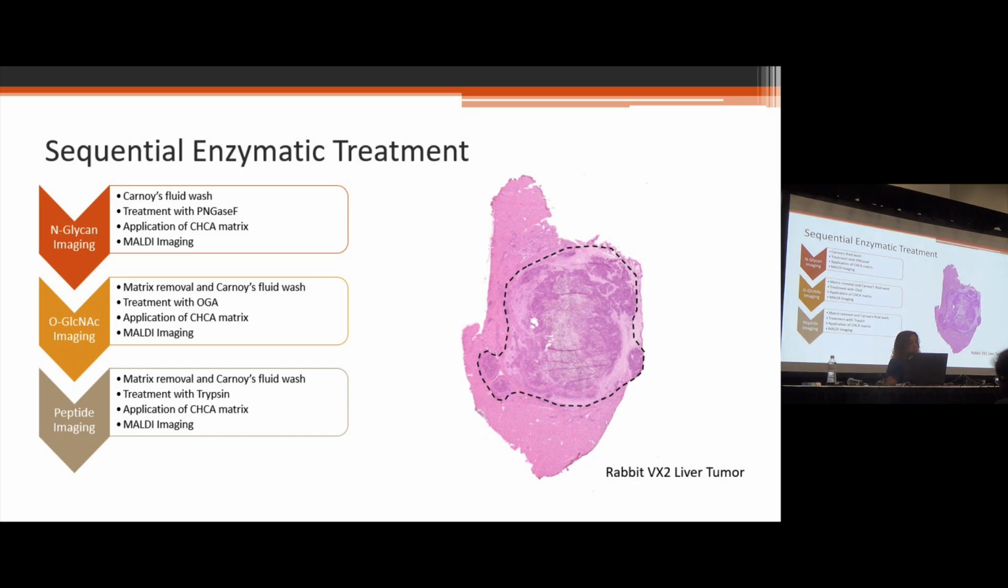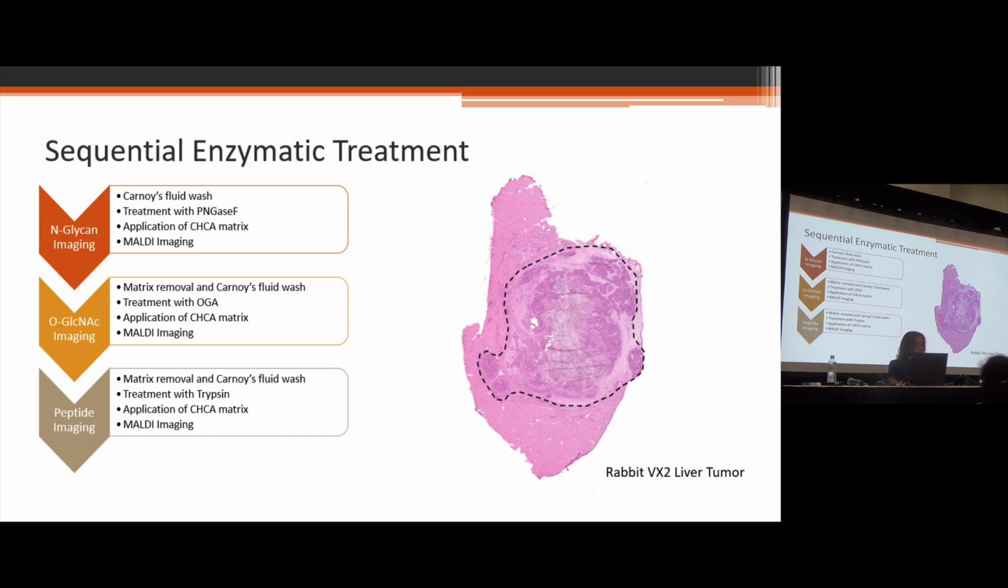To do our sequential enzymatic treatment, this was the workflow that we used. We found in the method development that if we didn't first cleave off the N-linked glycans that are big and bulky, we didn't have as good access of the OGA to the O-GlcNAc residues, which are much smaller, on the proteins. So our first step was to take the frozen sections and do a Carnoy's fluid wash to remove a lot of the lipids and small molecules,